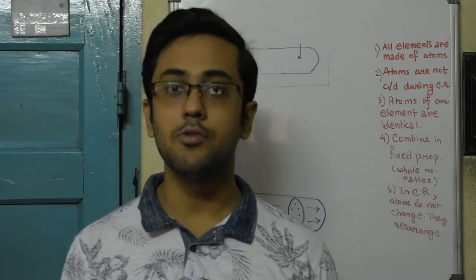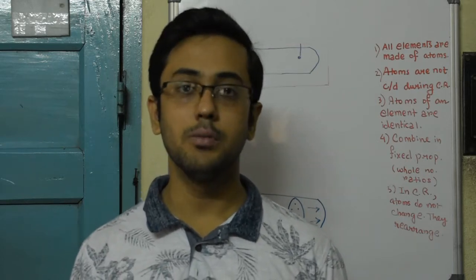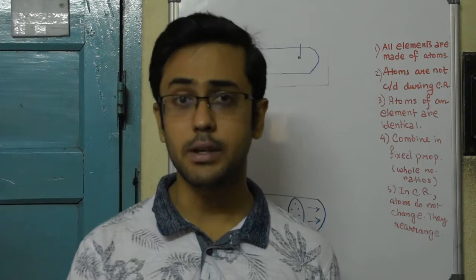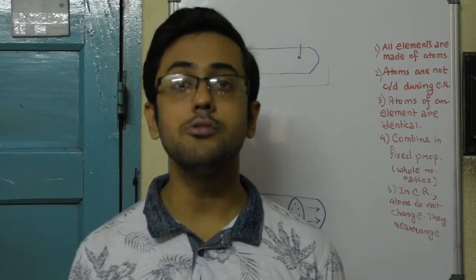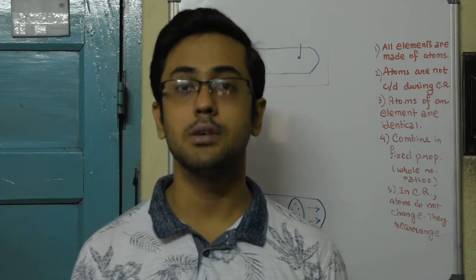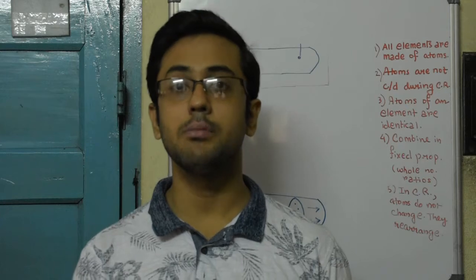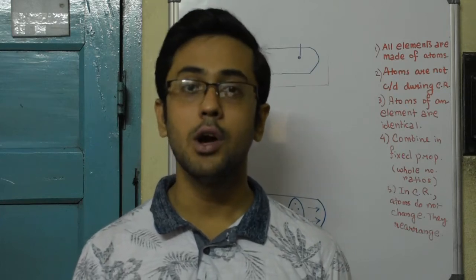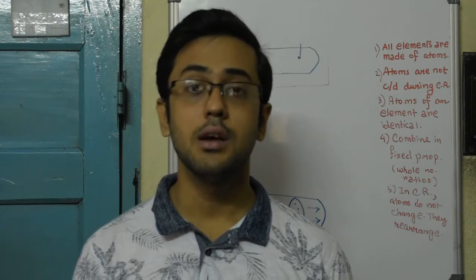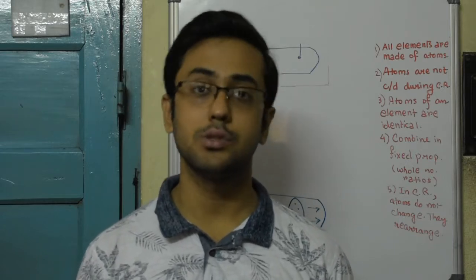But in this chapter we will be dealing more about the subatomic particles. We will be studying in detail about the nucleus, about the protons and neutrons inside the nucleus, and the electrons revolving around the nucleus. Also, we will be studying a little bit about how these subatomic particles were discovered, what are their charges and mass, and what are these terms like atomic number, mass number, and so on.